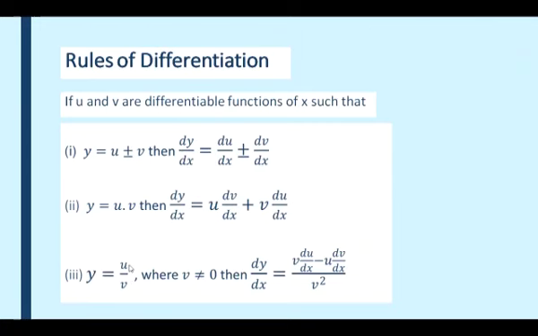So just remember this, so that you will get to know how we can apply the quotient rule. So dy by dx equals denominator d/dx of numerator minus numerator d/dx of denominator